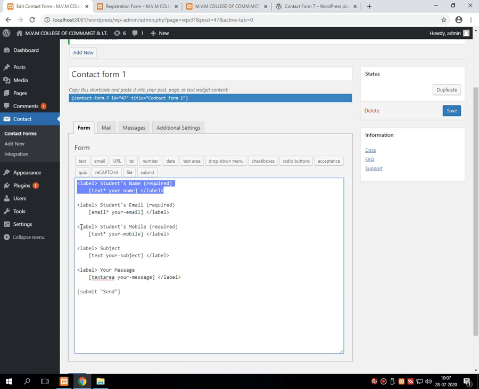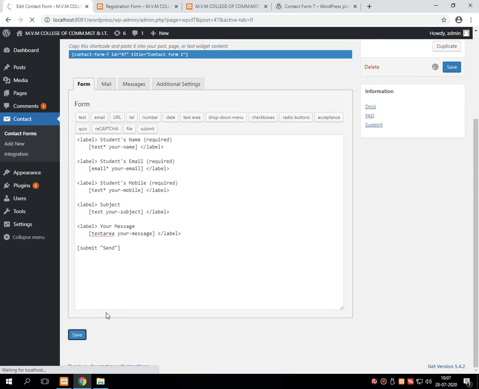It seems like this one. I have copied this thing and pasted it after the email ID. I am saving this particular thing.